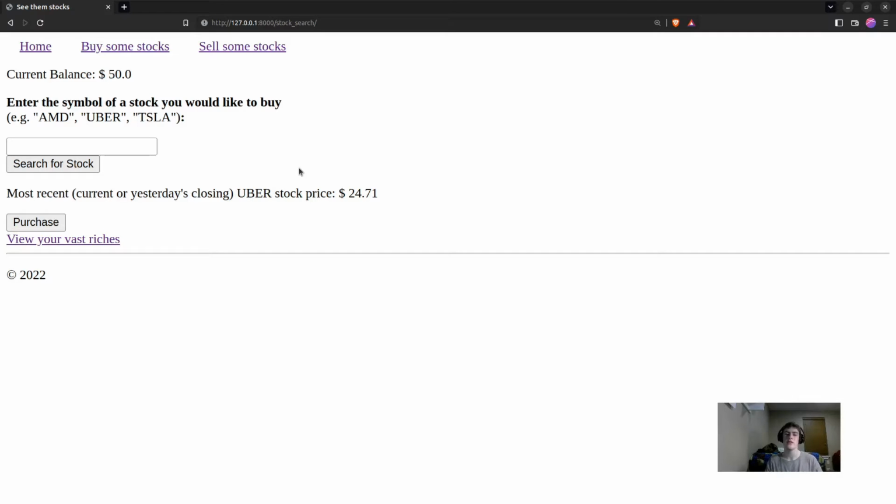An API is essentially something that allows two pieces of code to talk to each other without knowing what the other thing does. So I have no idea how the computer at the other end of this API is figuring out what the stock price of Uber is. I have no idea. But fortunately, I don't need to know because of APIs. But yeah, I searched for Uber and I got the most recent, or current, or yesterday's closing, Uber stock price